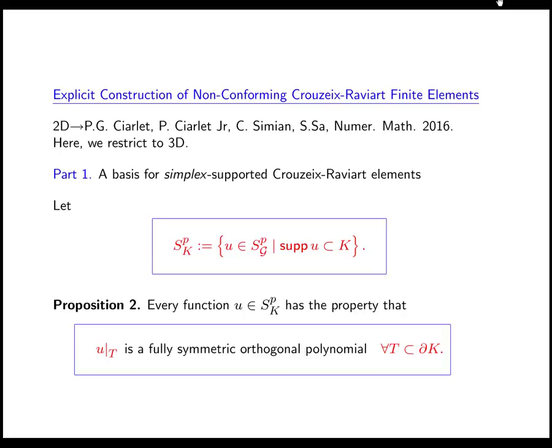And now this proposition should somehow be the motivation for the next part. It turns out that all the functions in this space, so the restriction of this non-conforming space to one triangle, if you look at the facets of the function, must be a symmetric orthogonal polynomial. I will explain precisely what this is,